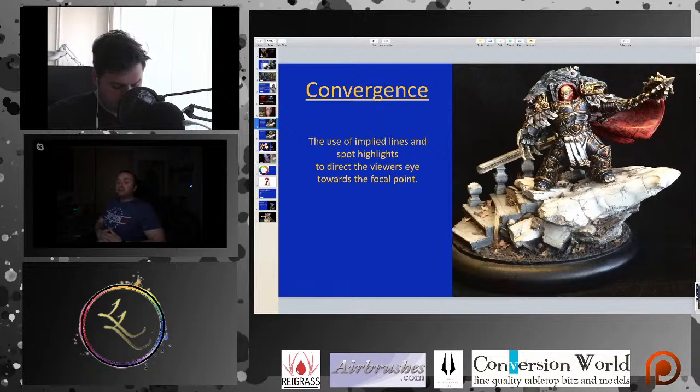So, if you take a look at Horus there, what would you say is in place on that model, just from the designer side of it, not even the paint side of things, to draw you towards a focal point on that piece? Right. So, first thing that I see, weirdly enough, because most people read left to right, my eye's instantly drawn to the bottom of that base. Then you have the curvature as it goes up, drags you towards Horus. Then your eye leads you up along that right leg, up through the centre to that chest,